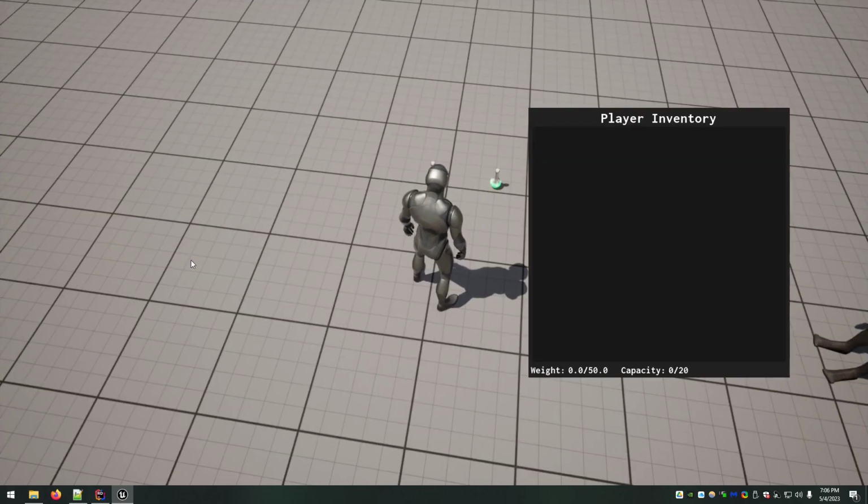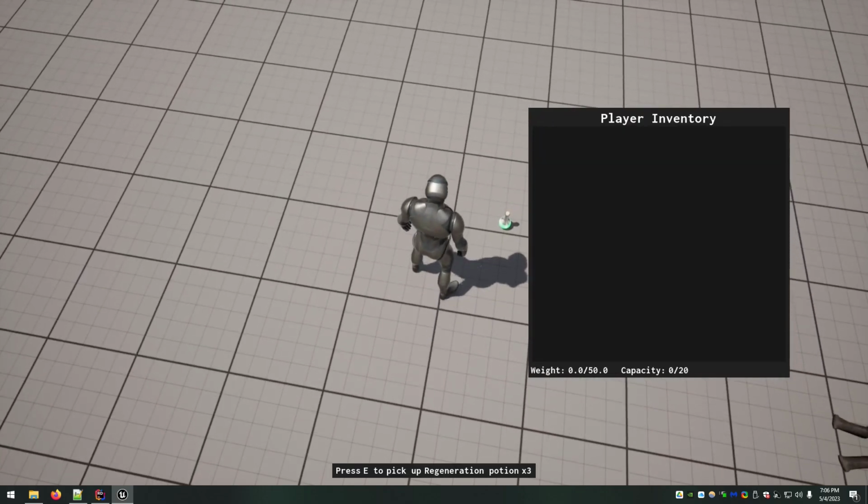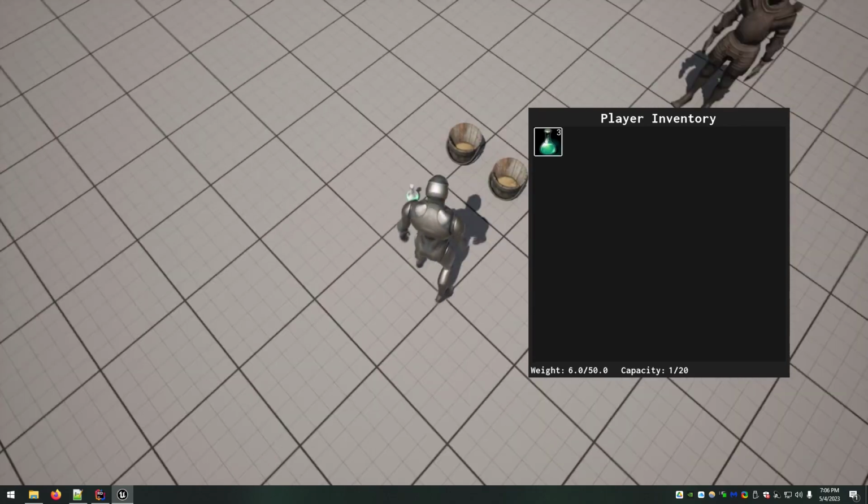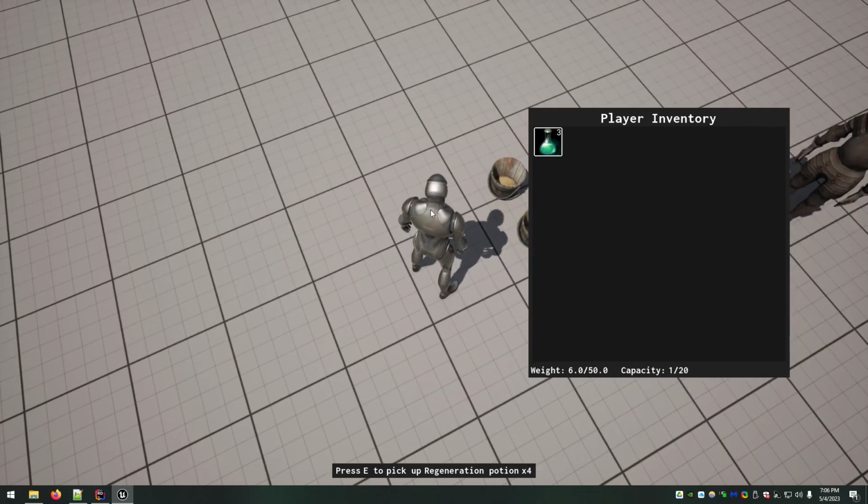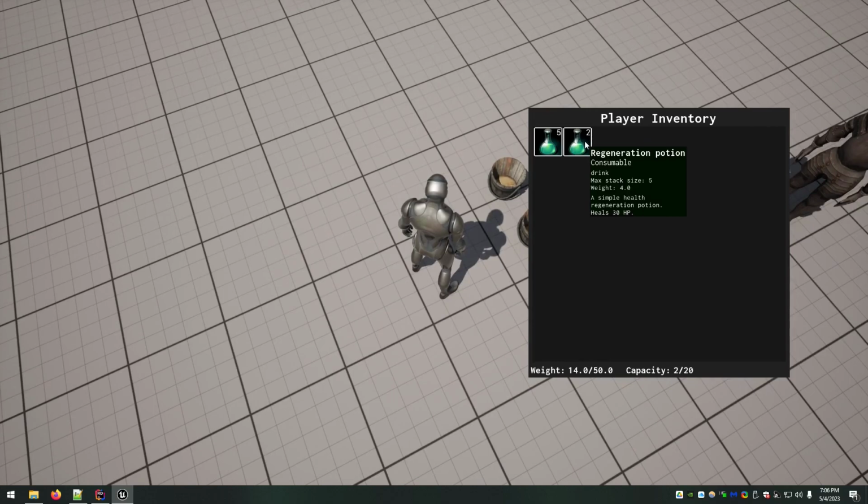So let's test this. All right, there's my 3, and there we go. Weight of 10, that matches for the stack, 5. And then a weight of 4, still tells us it's a max stack size of 5, but we have a 2. So we have 7 becomes a 5 and a 2, weight 10 and 4.